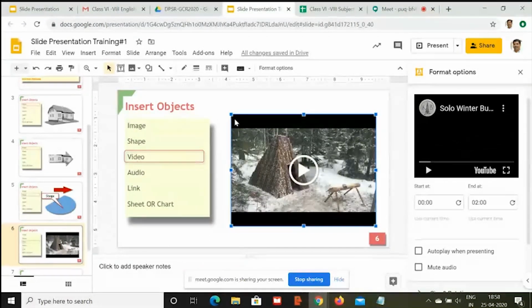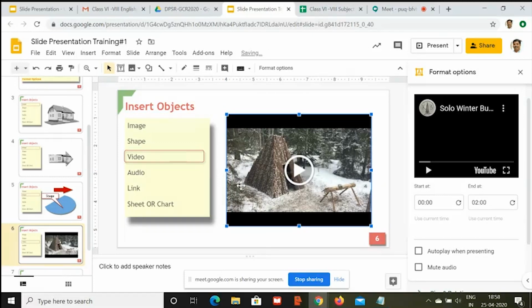If you're keeping it unlisted, if someone is looking for a video which is similar to your content, then they will not be able to find your video in the Google search, right? Public means if someone is looking for a video which is matching with your topic, it is going to be visible to them, right? So it is entirely up to you. Uploading on YouTube does not mean that it will become viral and it will become public. It is completely in your own control. What do you want with that video, right? So this is the video part of it.